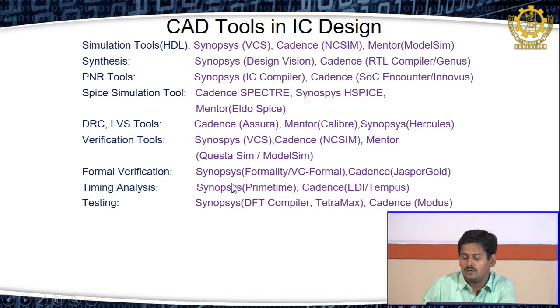So to complete an entire IC design process, you need to learn at least one simulation tool, one synthesis tool, and one PNR tool. And also after PNR is over, as you will get a SPICE netlist, you also need to learn DRC, LVS, and a SPICE simulation tool. You can use any company's tool, but you have to complete the flow in practice so that you can understand the flow in a better way.